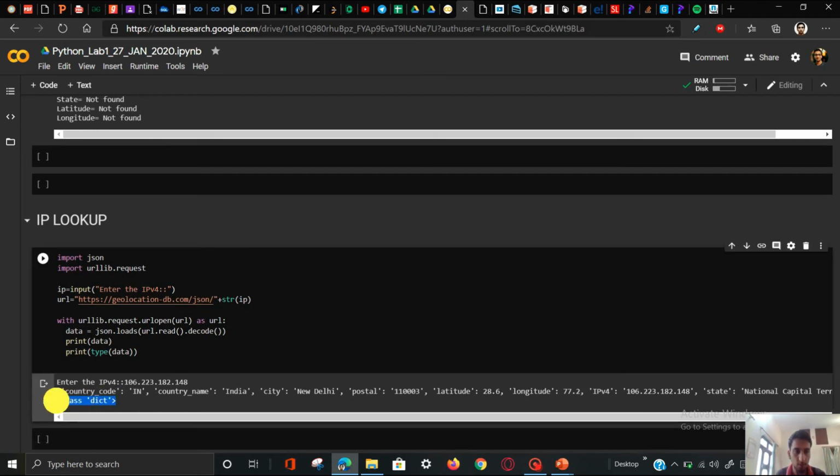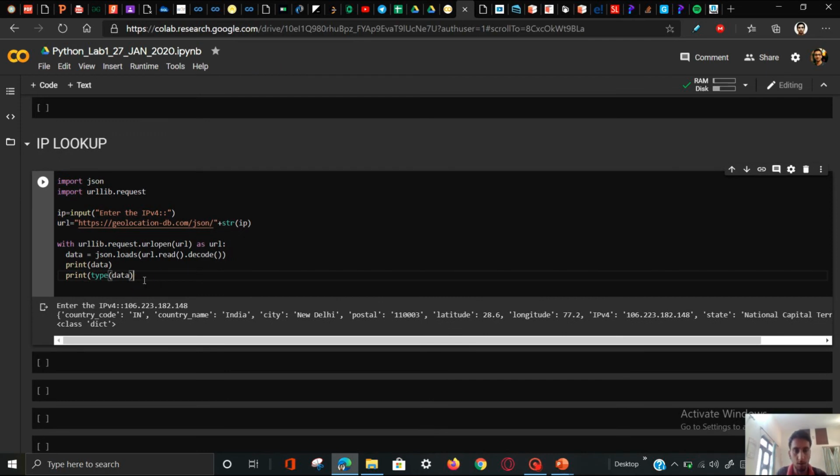It's a dictionary type of data, right? So this way I've got this dictionary from the JSON object. The JSON object is loaded, and this is like a dictionary. Whatever we want to get from the dictionary, we can get.